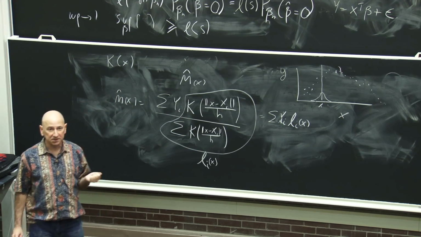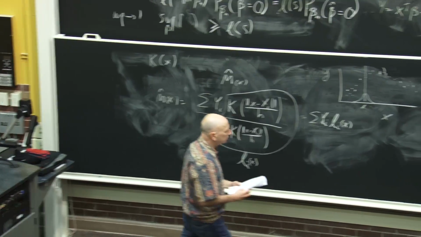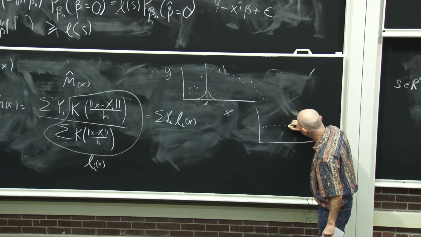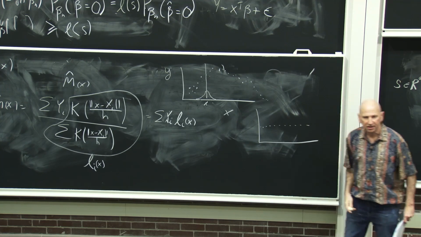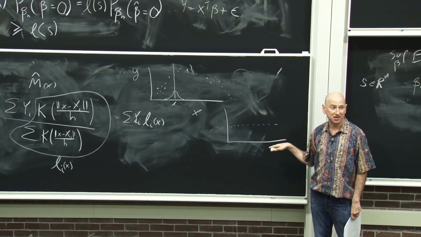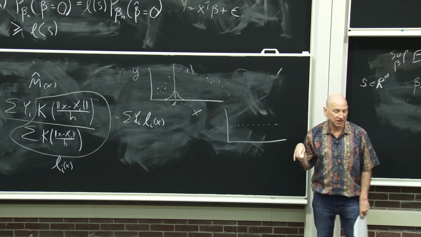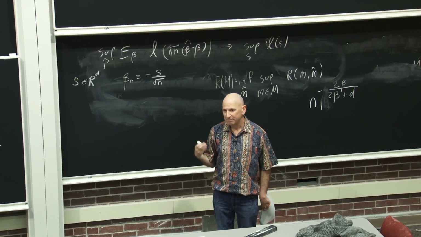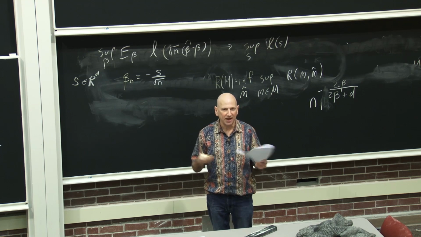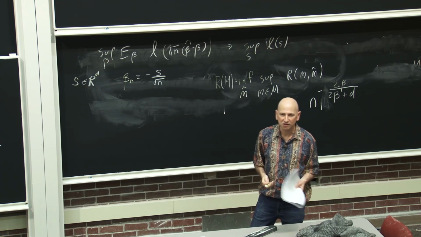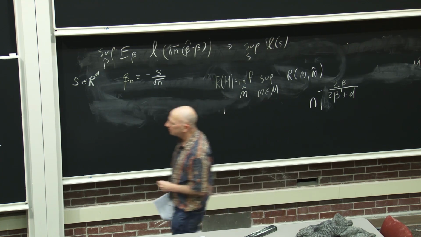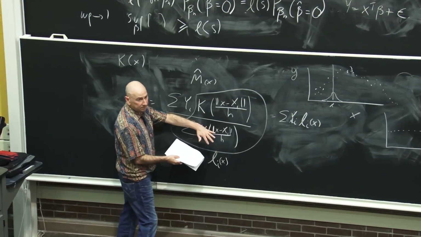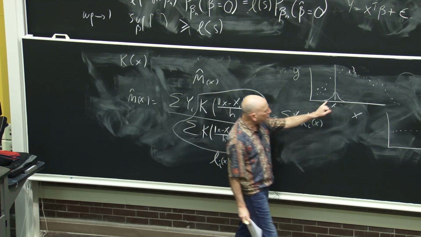The reason why we want the weights to sum to 1 is that one property you'd like to have is that if I just gave you constant data and I do the smoothing, I should just get back the constant. And you can check you need the weights to sum to 1 for that. But in general, a weighted average means you have a bunch of weights that sum to 1. So if we want to think of this as a weighted average, it has to sum to 1. So that's why this is on the bottom. It's just to normalize these weights.